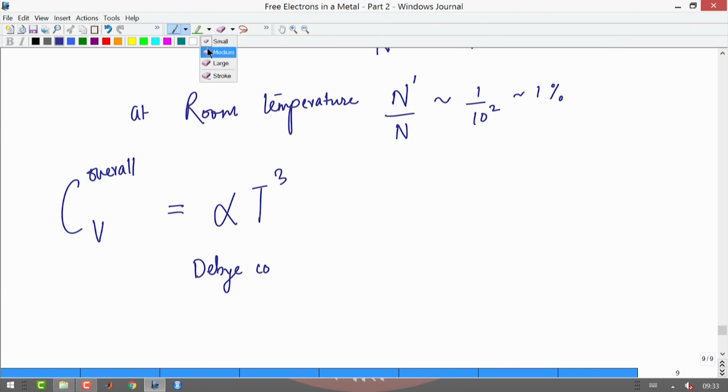So, I will say the lattice contribution, vibration of ions, that is meant by lattice contribution, and this is basically the contribution coming from bosons. The vibrations are quantized in terms of phonons, that are bosons,